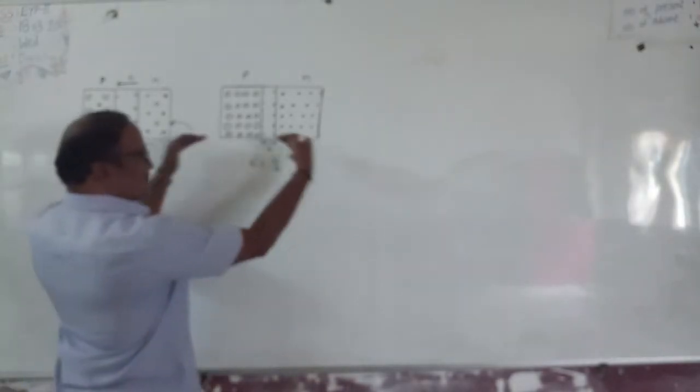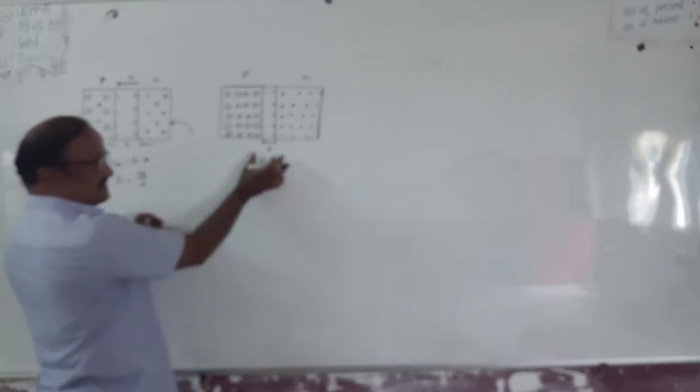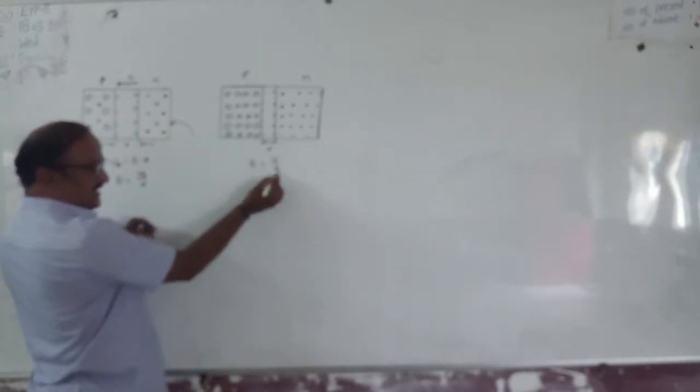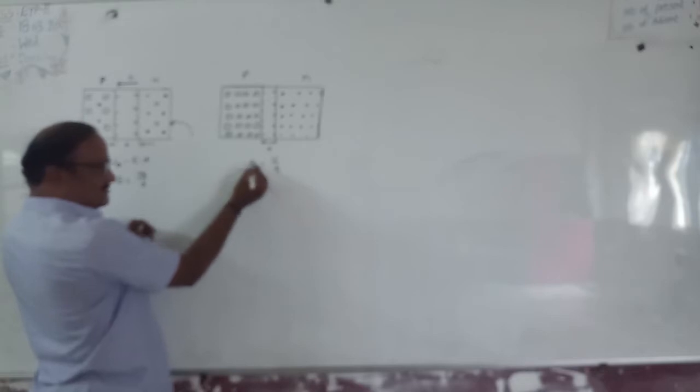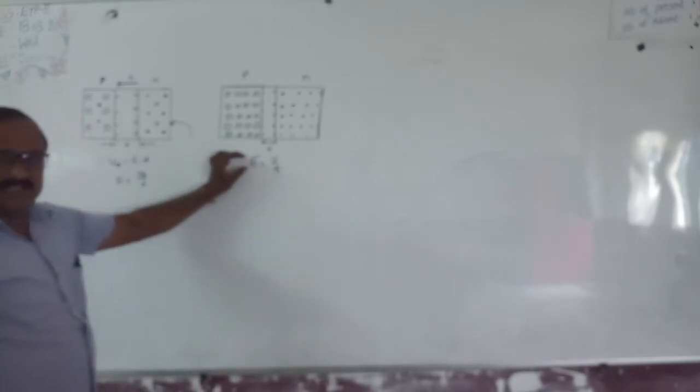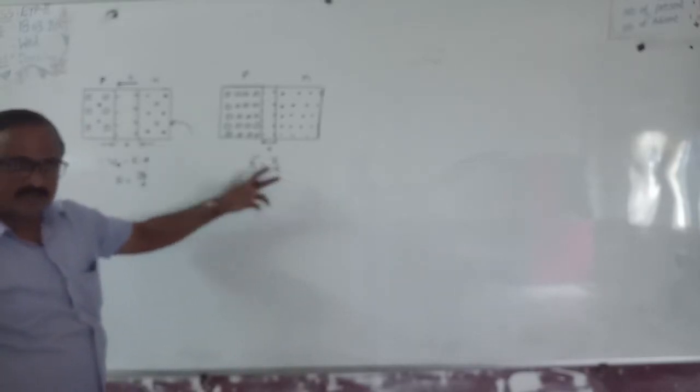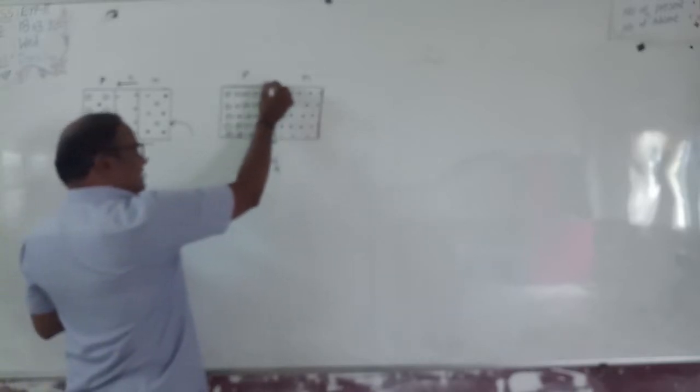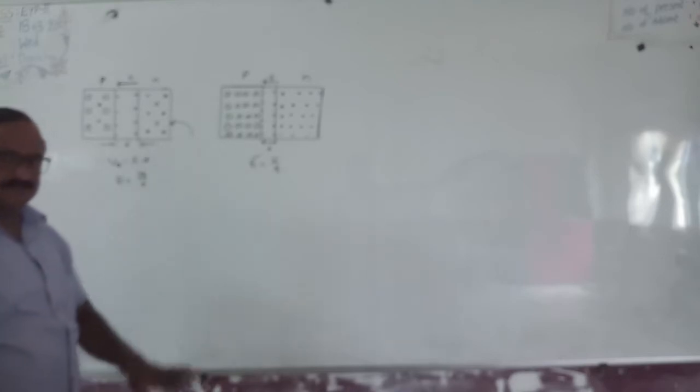On increasing the concentration on both sides, the thickness of the depletion layer D decreases. D decreases means what happens to the value of E? The E value increases because both are inversely proportional. That's why a large electric field will be developed between the p-type and n-type semiconductors. Right?